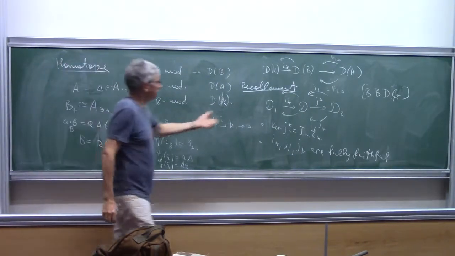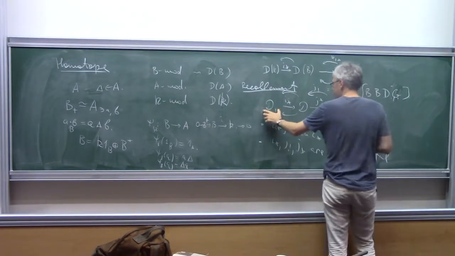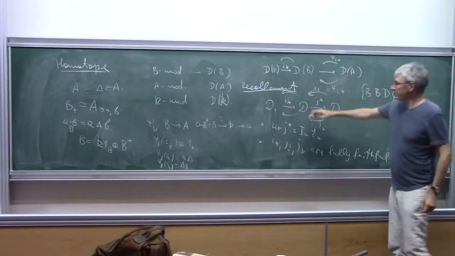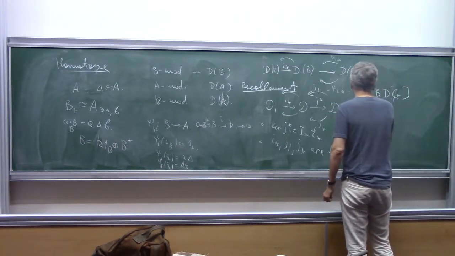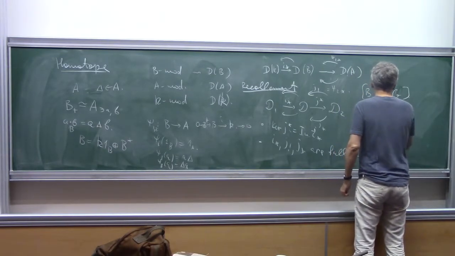The reason to introduce this kind of formalism is because if you have a T structure here and a T structure here, it allows you to construct the unique T structure in the middle for which these two functors are T exact. So given a pair of T structures,